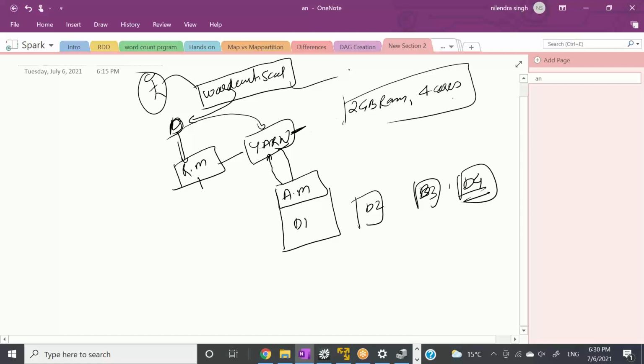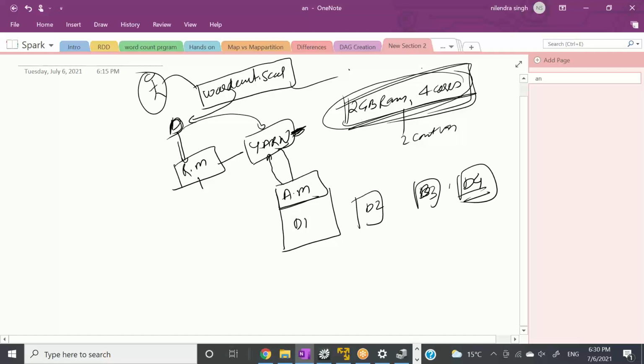This information is stored somewhere in Yarn's memory. So when the application master says, I need 2 containers of this particular configuration, 2 GB and 4 cores, right?